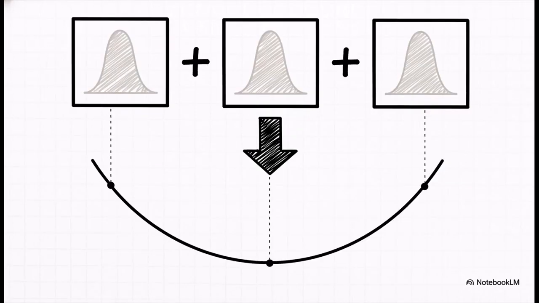And now for the grand finale. We just add them all together. Think about it. When you're at one of your original data points, all the other helper functions are 0. They contribute nothing. The only one that's on is the one for that point, and it's been scaled to the perfect height. The result is this beautiful assembly of simple parts that creates one single curve that flows flawlessly through